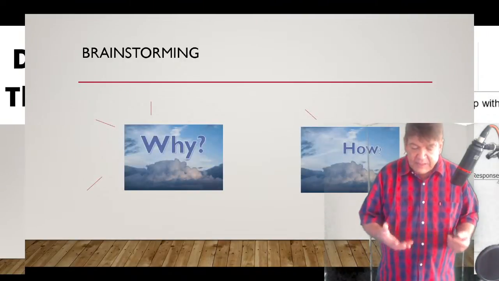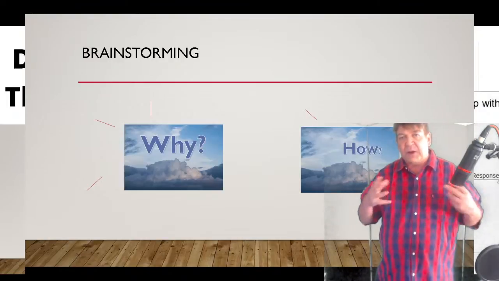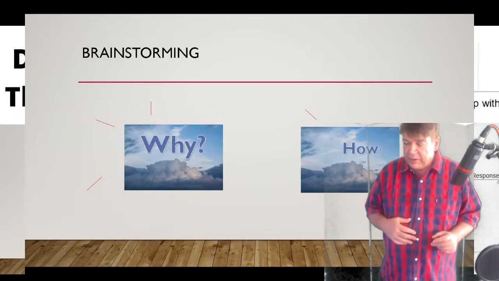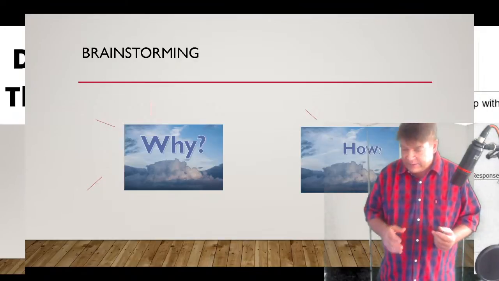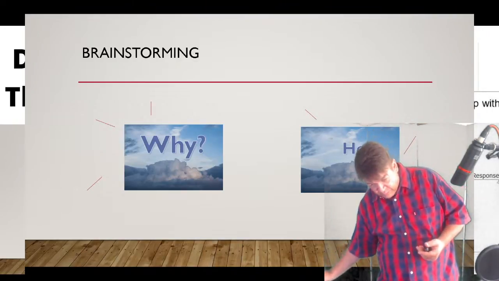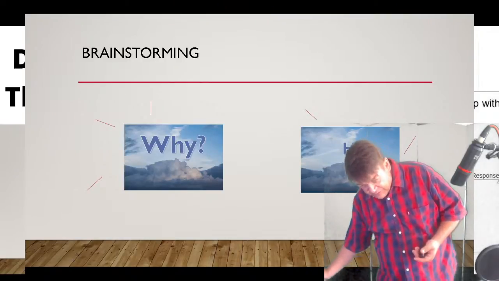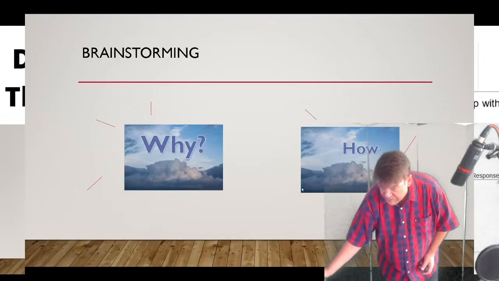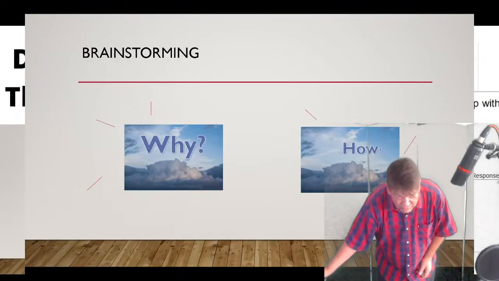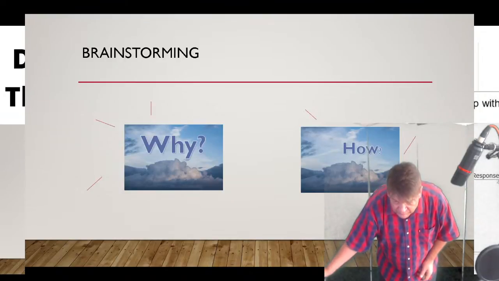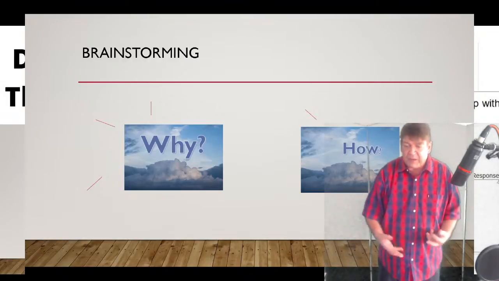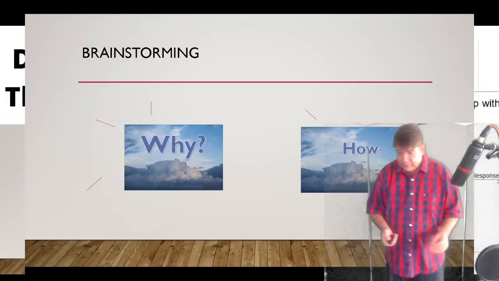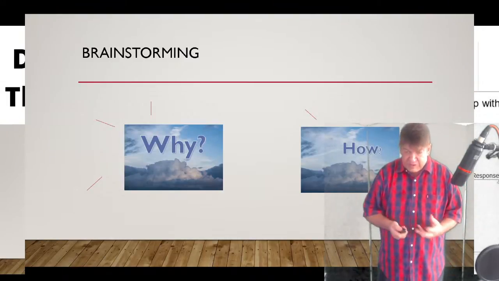So you begin any task 2 with analyzing the question and then try to come up with some ideas. Brainstorming. There's lots of ways to do this. I like the spidergram method, where you take the 2 parts of the question, and you don't need fancy graphics like this, but you break it down and you have 2 little circles. Say, why? Why is this happening? How do you do it? And then don't stop yourself. Don't say, well, that's not a good idea. What you want to do is just let yourself come up with as many ideas as you can, get them down on paper, and then sort them out.